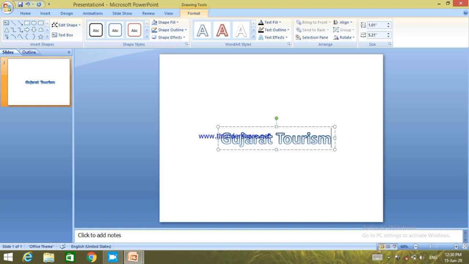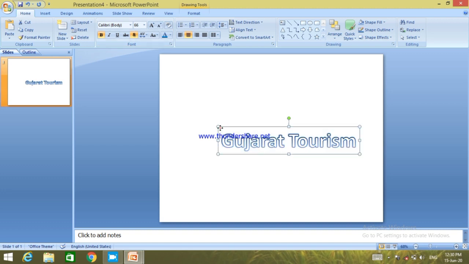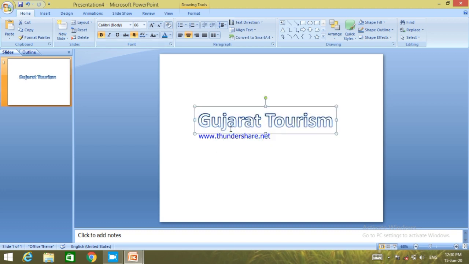After typing that, you can change the font size, as I'm changing the font size.